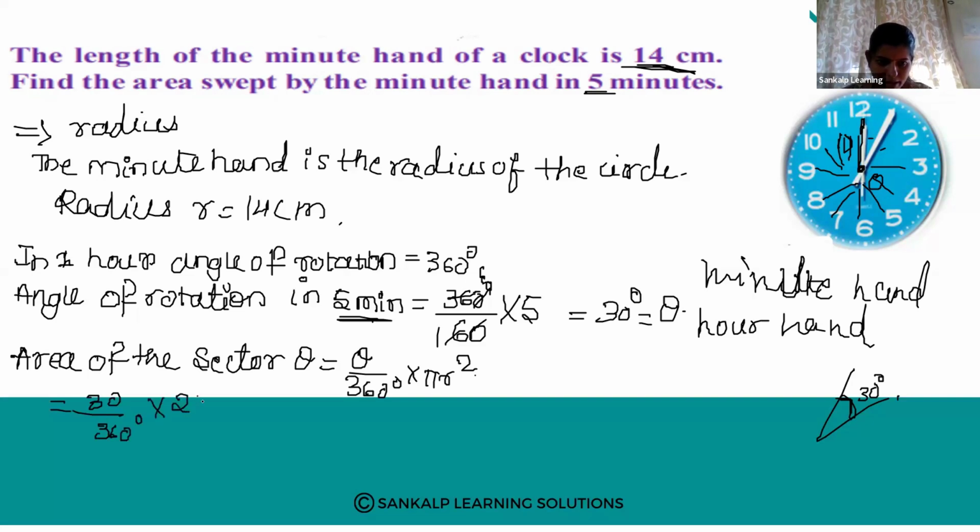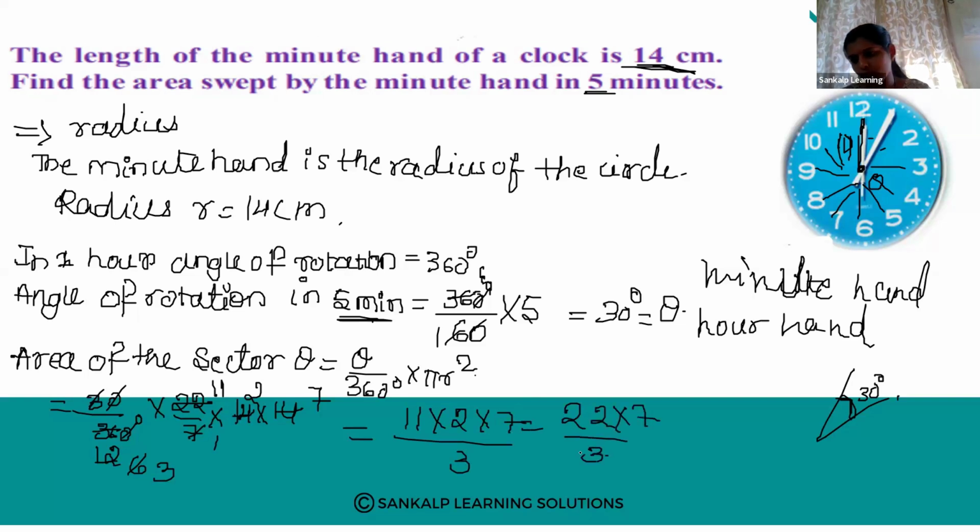30 divided by 360 into pi, which is 22 divided by 7, and r is 14 into 14. Okay, so 0, 0 cancel. 3 ones are 3, 3 twos are 6, 12. So 7 ones are 7, 7 twos are 14, and 2 sixes are 12, 2 sevens are 14, right? Next, 2 threes are 6, 2 elevens are 22. So again it does not divide. 11 into 2 into 7 divided by 3 into 2. That is 22 into 7 divided by 3. So finally you will get